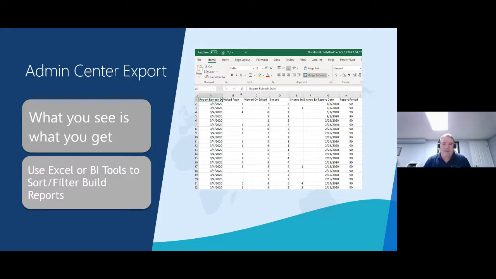That's the type of thing you're going to want to do downstream after you export this data. Again, you're subject to the type of data that is within here. So you can go ahead and sort and filter. So that's the administration center. And as you can see, it's telemetry based, very concatenated, if you will, in terms of the data that you get. There's not a lot of maneuverability around what you have.